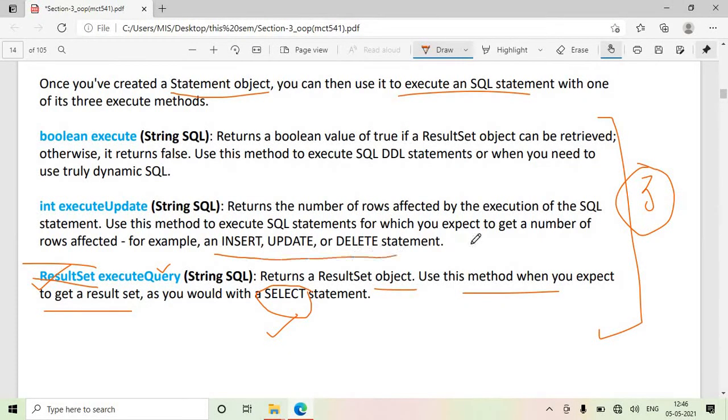Normally for insert, update and delete kinds of statements, you can use the executeUpdate function, which returns an integer value. It returns the number of rows affected by the execution: one row affected, two rows affected, one row saved, second row saved. So it returns the number of rows. Normally you can also use the execute function.